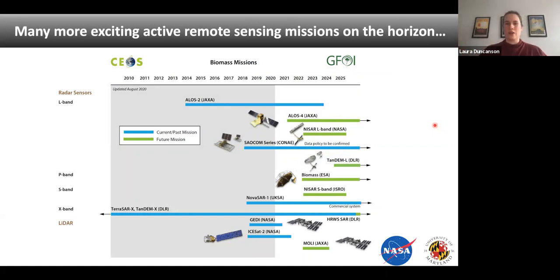So then I wanted to conclude by reminding everybody that we are at a very exciting moment for remote sensing of forest structure. Here we have GEDI and ICESat-2, and these missions are not going to just end as soon as these blue lines terminate. Hopefully these will continue on as the lasers continue firing. But we've got all of these future missions coming up, particularly in the SAR domain. So the opportunities for data fusion and applications of these LiDAR and SAR fused biomass maps are kind of endless. There's a lot of exciting stuff on the horizon.